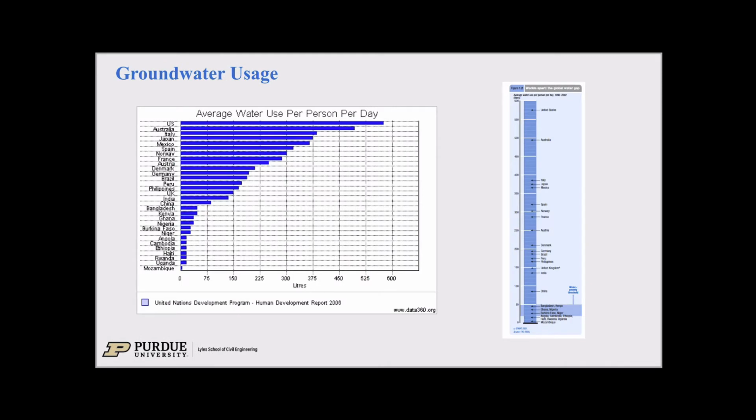And here is, to contrast that, how much we actually use. Both of those graphs represent the same data, the per capita freshwater usage per person per day, in liters. You can see in the US, we're a more wasteful society, so we consume a lot of water, right? 570, 580 liters per day per person. Contrast that to the 30 liters minimum to survive, that's almost 20 times as much, right?